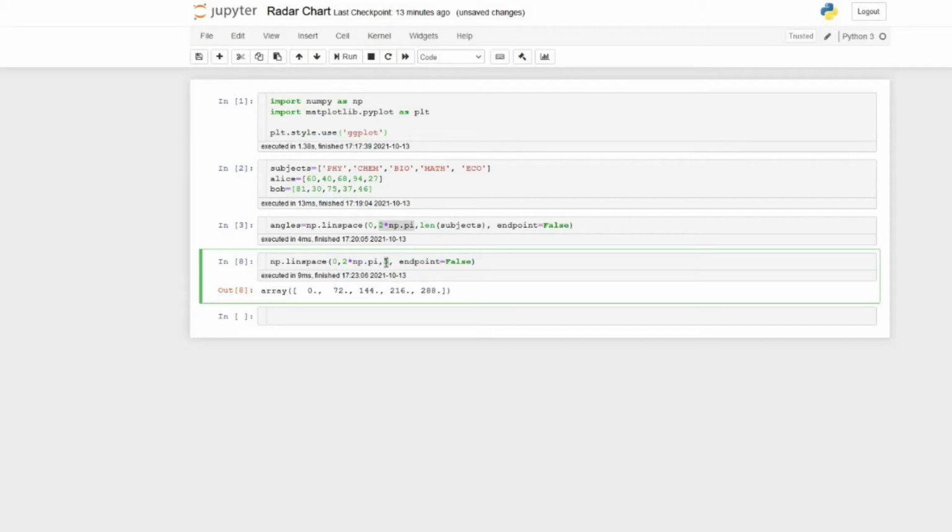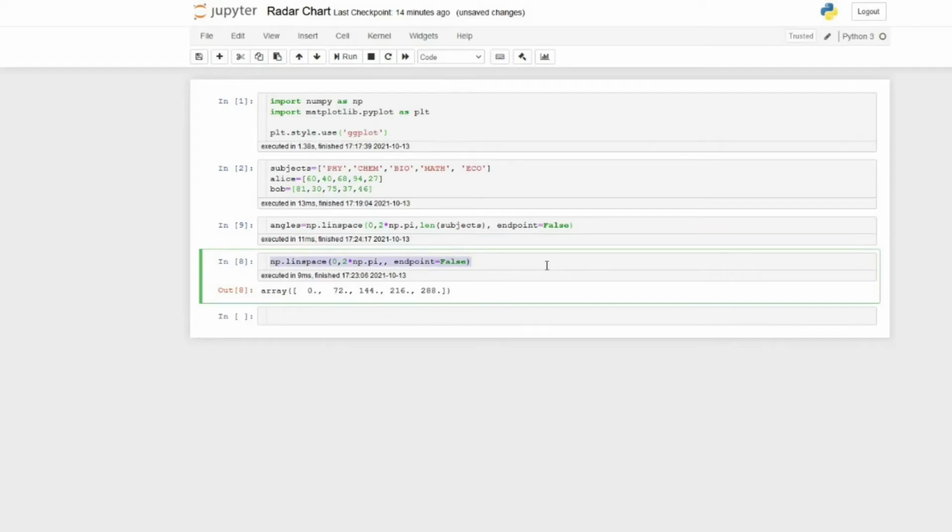The number of data points will be the length of subjects. How many data points are there? In this case we have 1, 2, 3, 4, 5 data points. So the angles will be computed with the length of subjects. By using this line of code, we can set the angles.